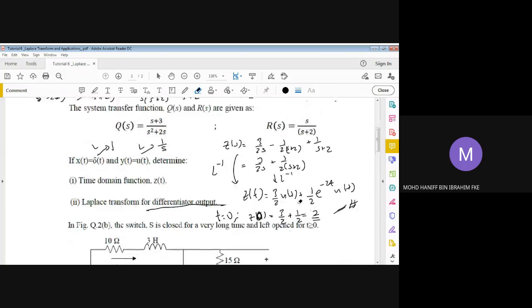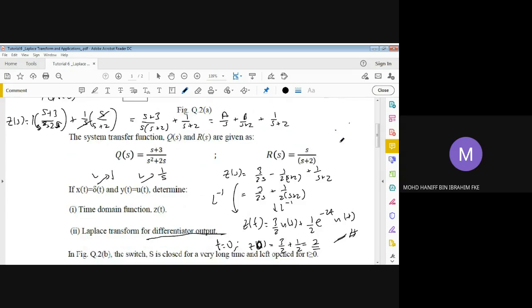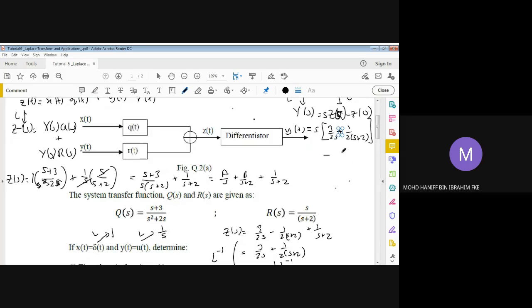Okay, 3 over 2s plus 1 over 2s plus 2, okay, plus 1 over 2 s plus 2, okay, minus z0 that we have obtained just now equals to 2, minus 2. Yeah, minus 2. So basically, you're going to get that finally, your Ys